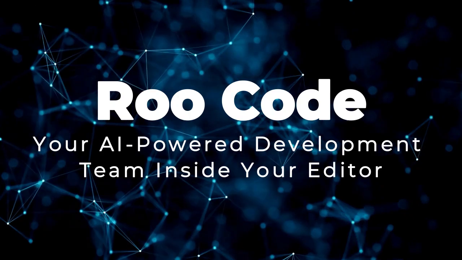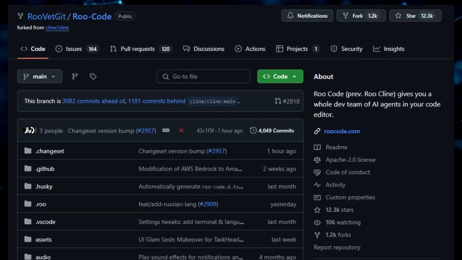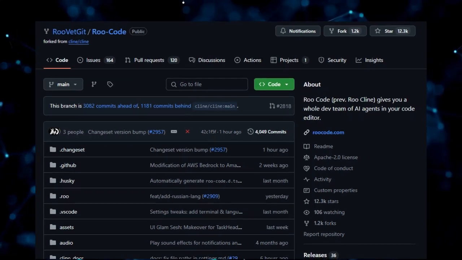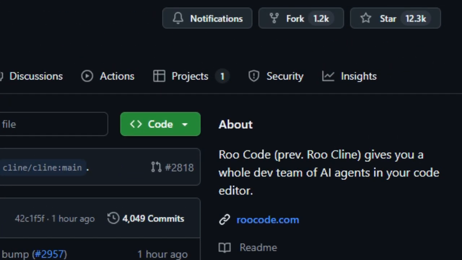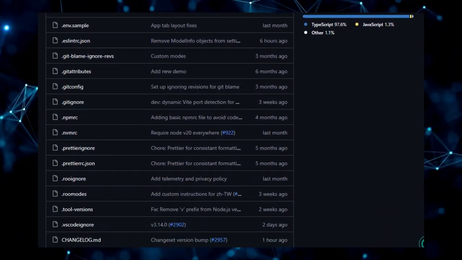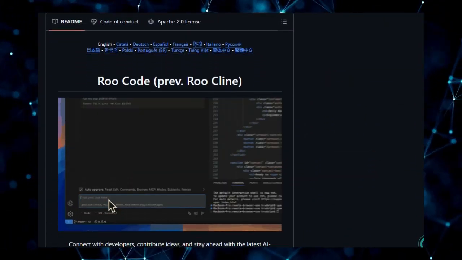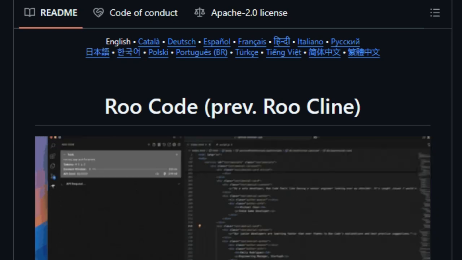Project number 10: Roo Code, your AI-powered development team inside your editor. We're taking a look at Roo Code, a truly unique project that brings the power of an AI-powered autonomous coding agent directly into your code editor. What makes Roo Code stand out is that it essentially gives you a whole development team of AI agents right where you code. Imagine being able to communicate in natural